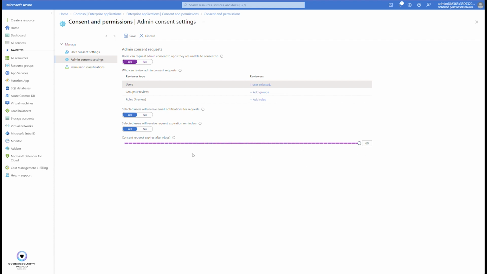You can make it 60 days maximum, which means that during these 60 days, your reviewers may decide to consent or not to consent. And if there is no response from the reviewers, the request will be automatically denied. So if no reviewer approves the request within this period of time, the request will be automatically denied after 60 days. So this is a good balance between security and